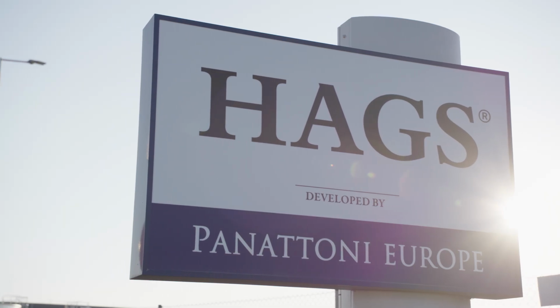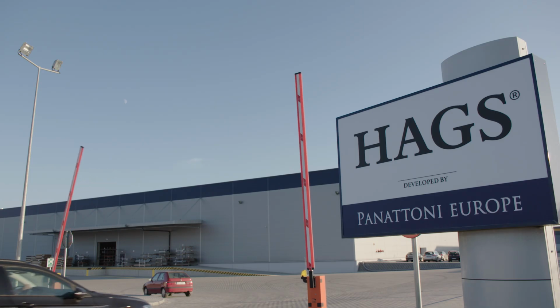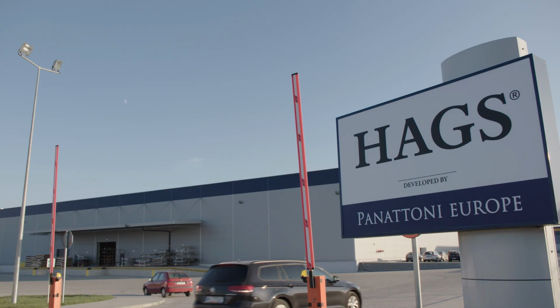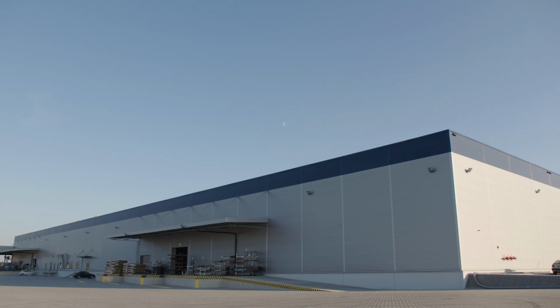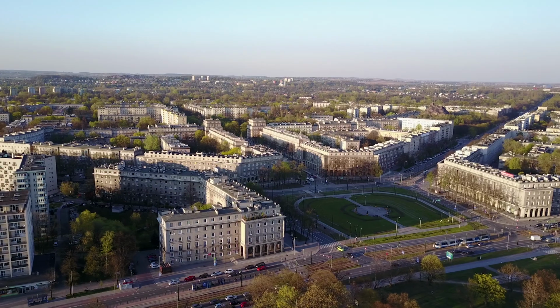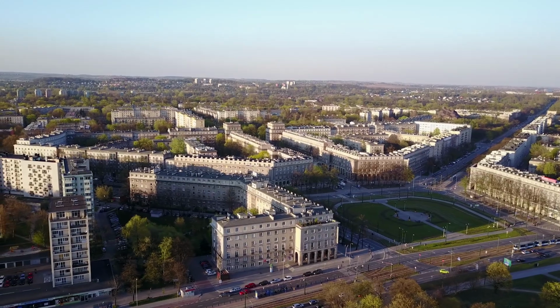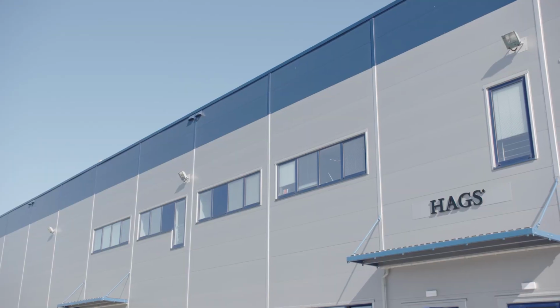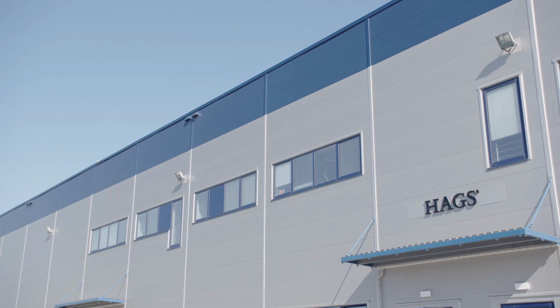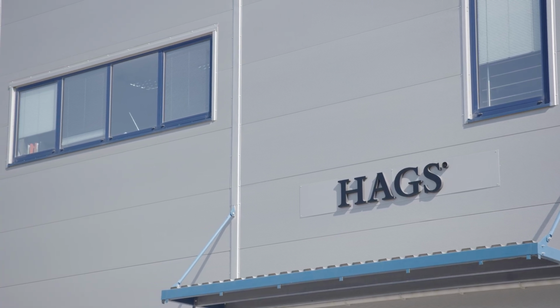Situated approximately 1 hour from Kraków, HAGS Poland is perfectly placed for networking across Europe, being at the center of major highways and close to the docks for direct links to Sweden, Germany, Italy, France and Spain. HAGS Poland also benefits from access to a highly skilled workforce, pooling talent from the 18 universities and trade schools nearby. Built in just 7 months, HAGS Poland now employs over 150 people across a site of